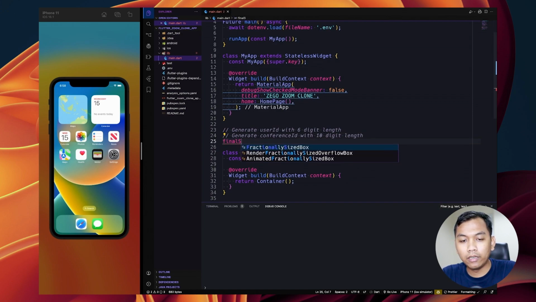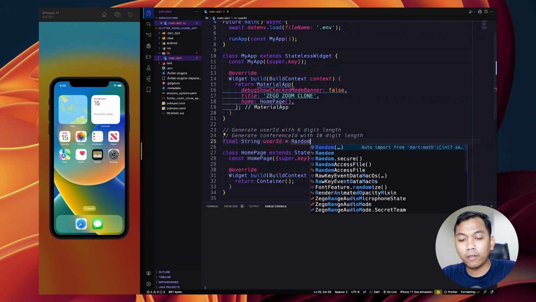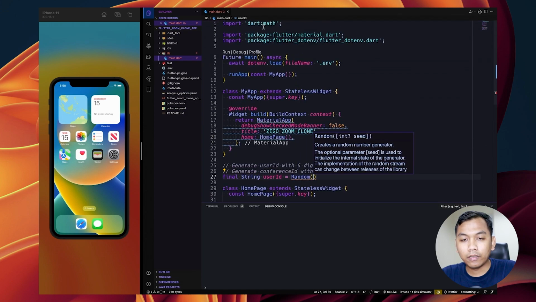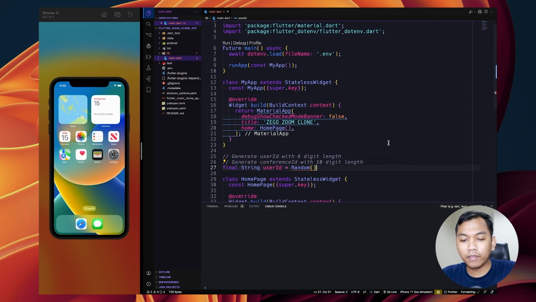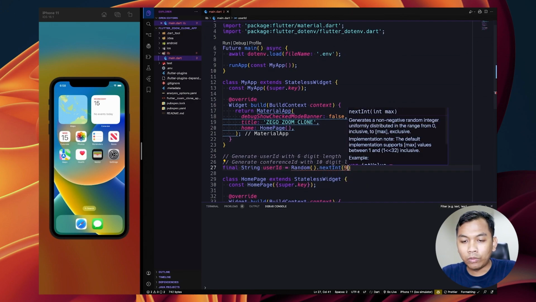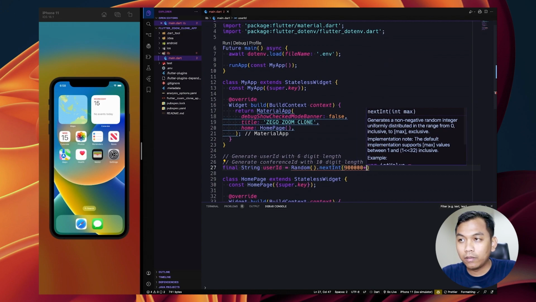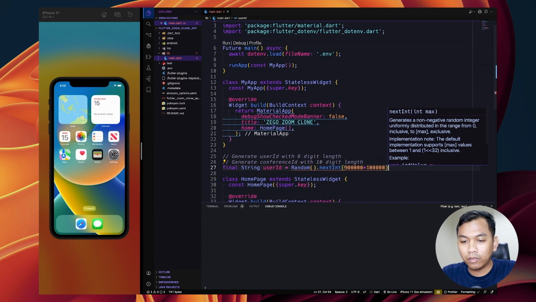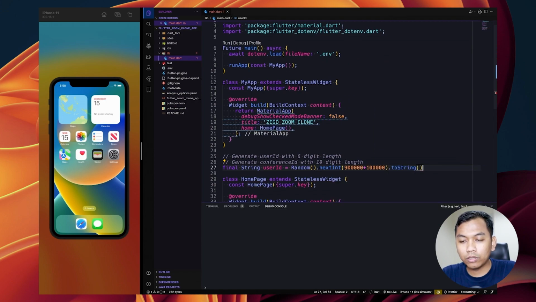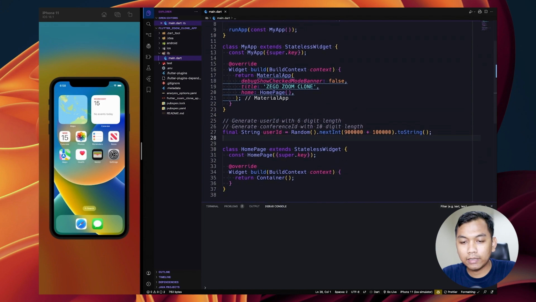So here, first, we need to create the user ID, and we need to call Random from dart:math. As we can see here, it's called Random. We want to generate a random number, which will be an integer, and don't forget to convert it to a string, like this.